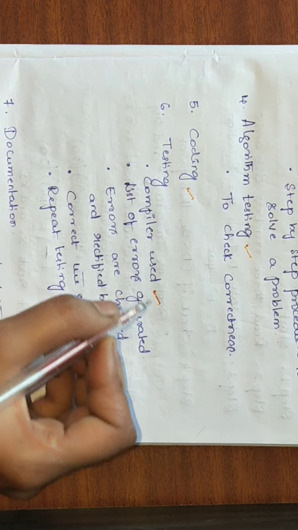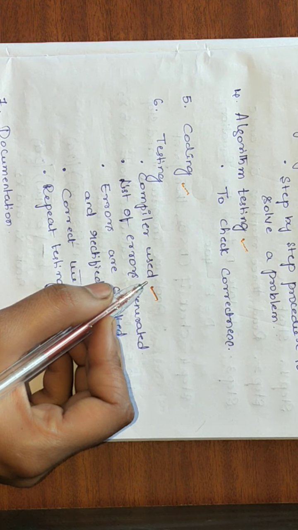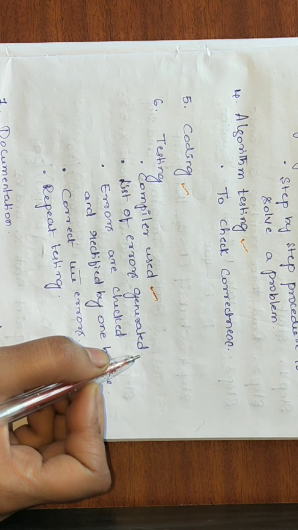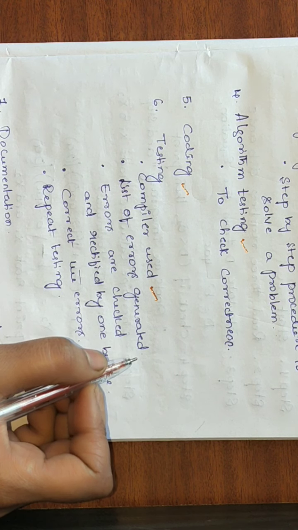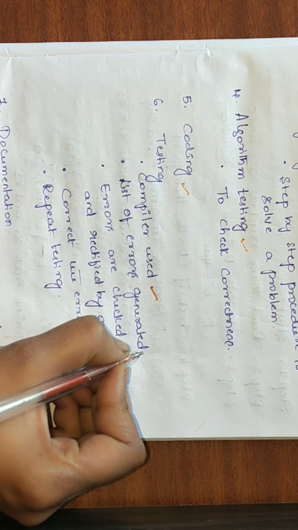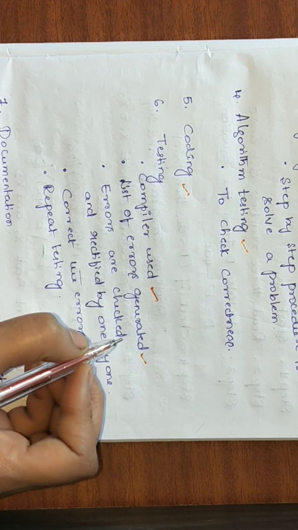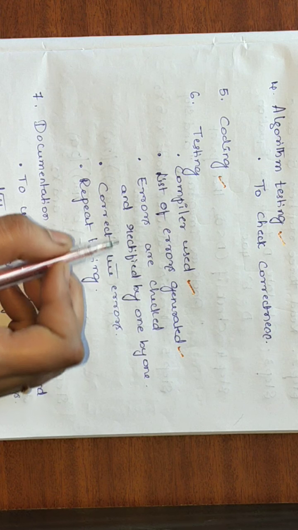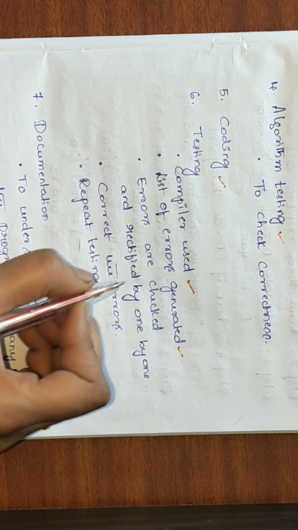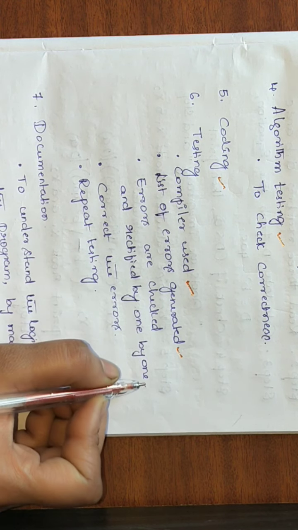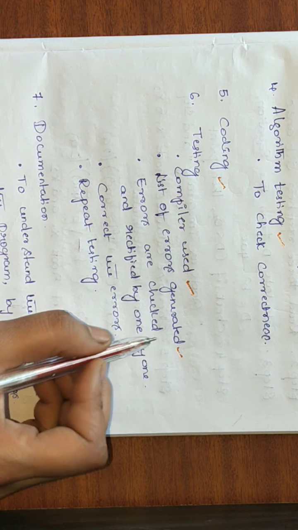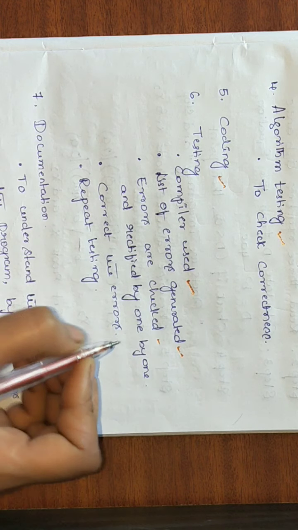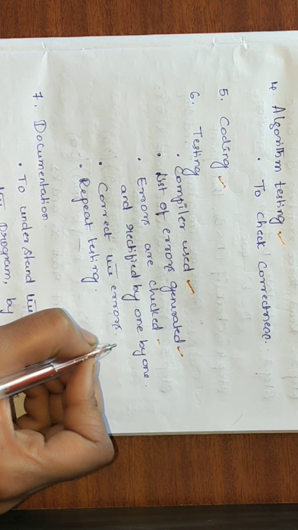Next, once we compile the program, a list of errors will be generated. If we go wrong in some part of the program, the errors will automatically be generated after compilation. After the errors are generated, we need to check them, and these errors are rectified one by one. What are those errors? After that, we need to correct them.